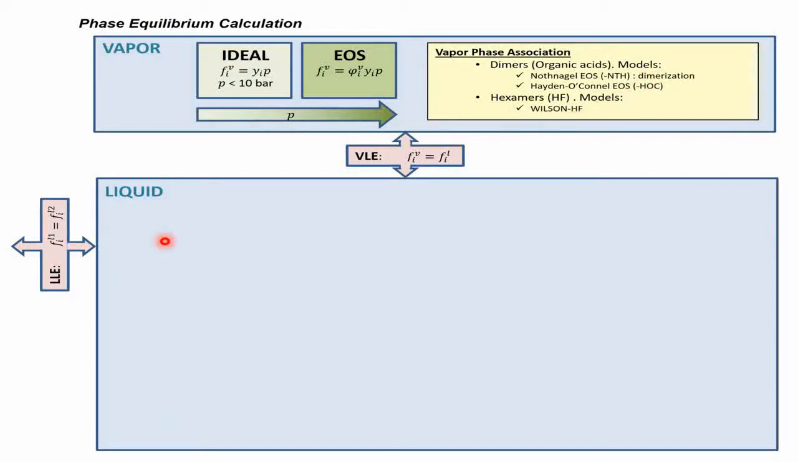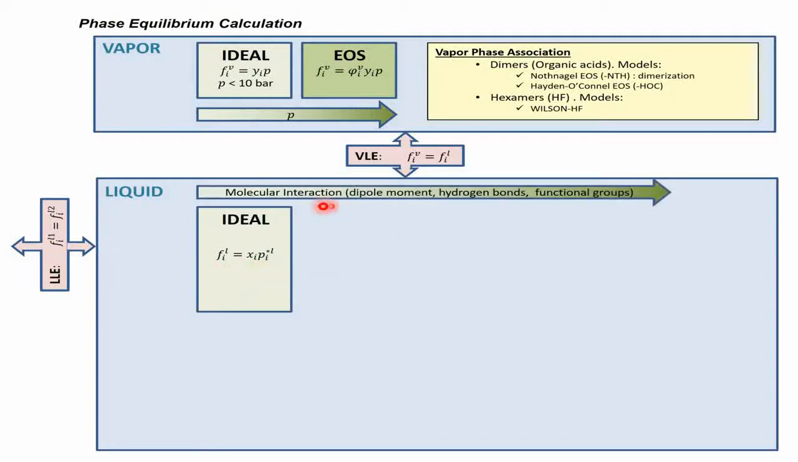The liquid phase is more complicated because the density of this phase is much higher than that of the vapor phase, and the distance between the molecules and the interaction between them is larger. For the liquid phase, the simplest model is ideal, which corresponds to Raoult's law. The fugacity of the component in the liquid phase is the molar fraction of the component multiplied by the vapor pressure of the pure component, but